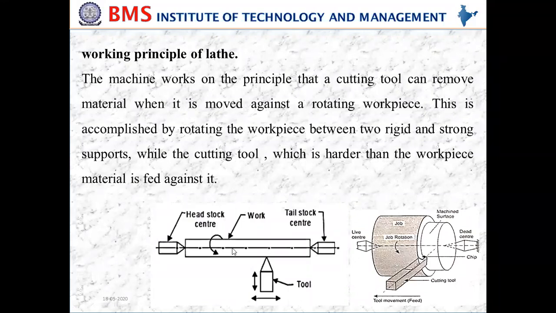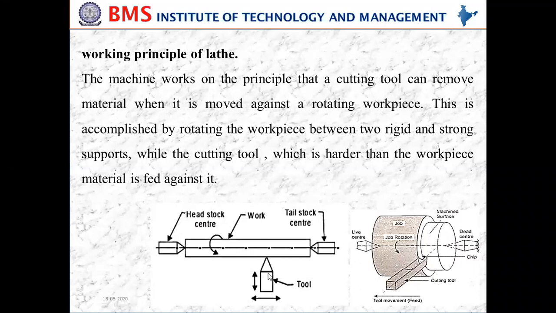Generally the work which you are going to machine here is mild steel and generally ductile metals, we can say ductile materials like aluminum and mild steel, all can be machined. All ductile materials can be machined using the lathe machine. When you use these ductile materials, the tool should be harder than the ductile material which you are using here.